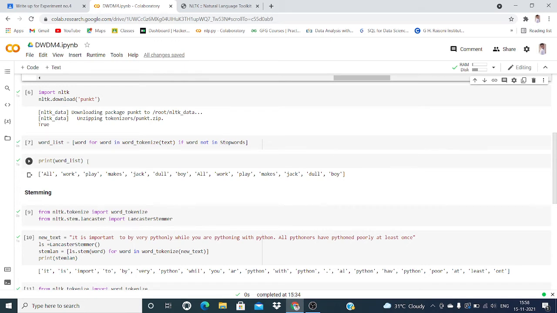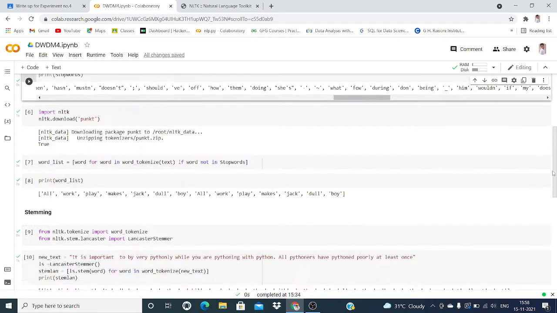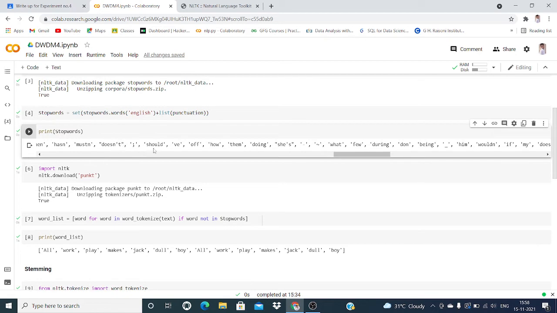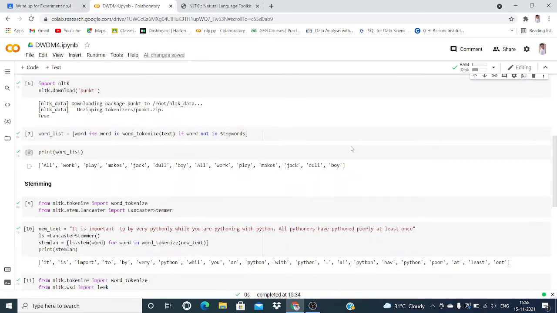Print word list, that means print the words that are not in the stopwords. The output of this is: all work play make Jack dull boy. This is our final output.